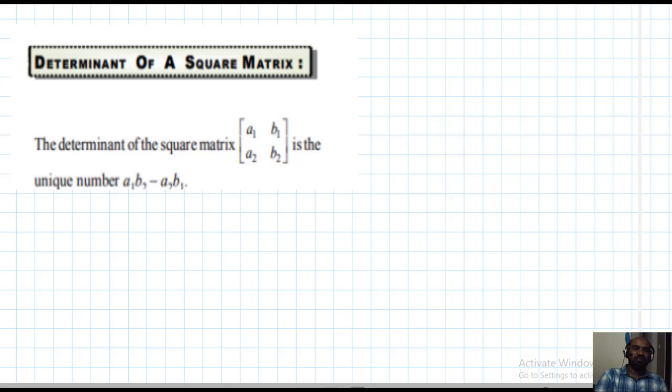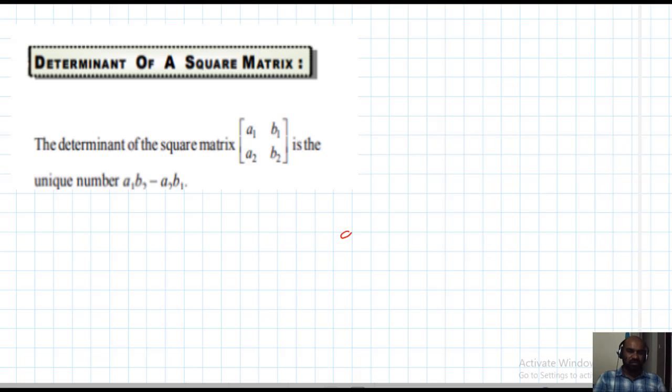Especially in our class we will deal with two types of square matrix to find the determinant. One is a 2 by 2 matrix, another is a 3 by 3 matrix. How to find the determinant of a 2 by 2 matrix? What is the definition of determinant of a 2 by 2 matrix, and what is the definition of determinant of a 3 by 3 matrix? First of all I want to explain the definition of determinant of a 2 by